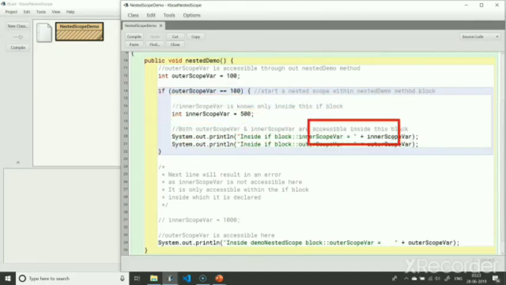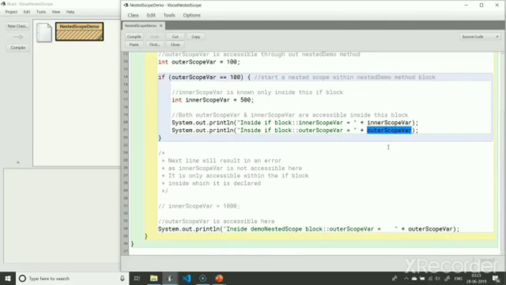Both the variables inner scope var and outer scope var are accessible inside this inner scope. Outer scope var, which is declared outside this scope, is visible here because variables defined in the outer scope are accessible within inner scope. If I uncomment this line, it will give an error.